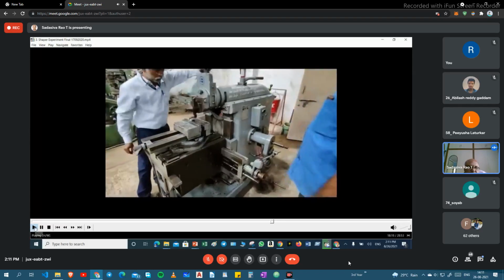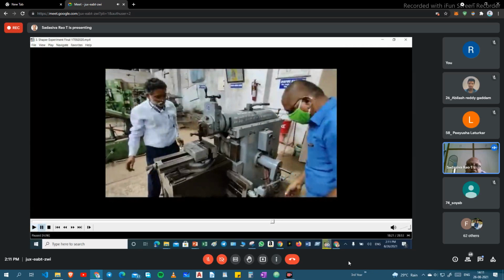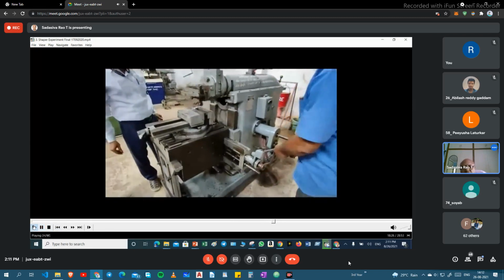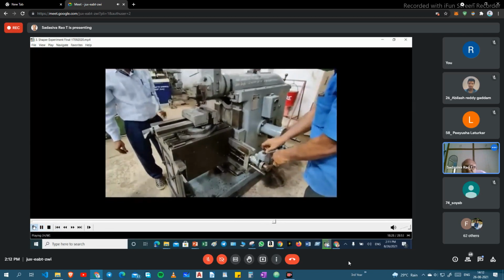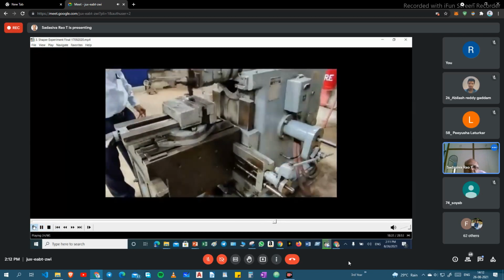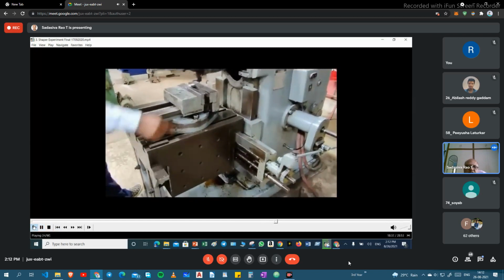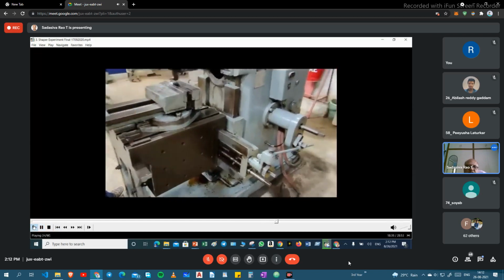Use the depth of cut here. Before starting, marking must be done, and after marking, we have to punch it. Then we have to remove the excess material. We can do auto feed also, where it will move automatically. What is the mechanism, we will not write down now.